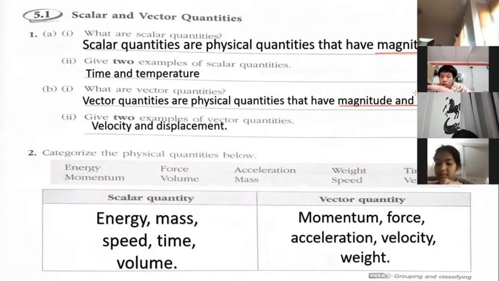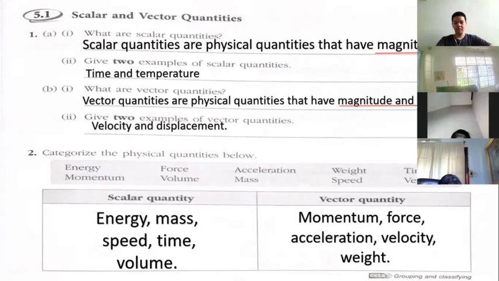So that's why you need to draw an arrow above the symbol because of direction. Okay. So what are two examples of vector? Kaimuk. Two examples of vector are velocity and displacement. Yes, very good. And for number two,